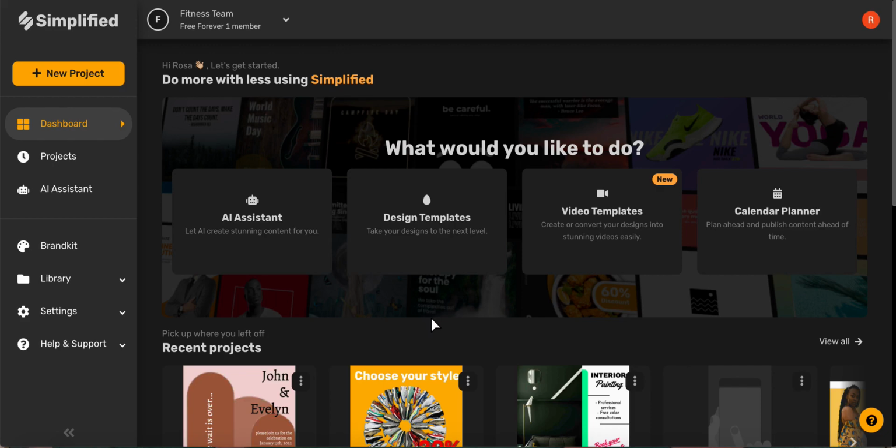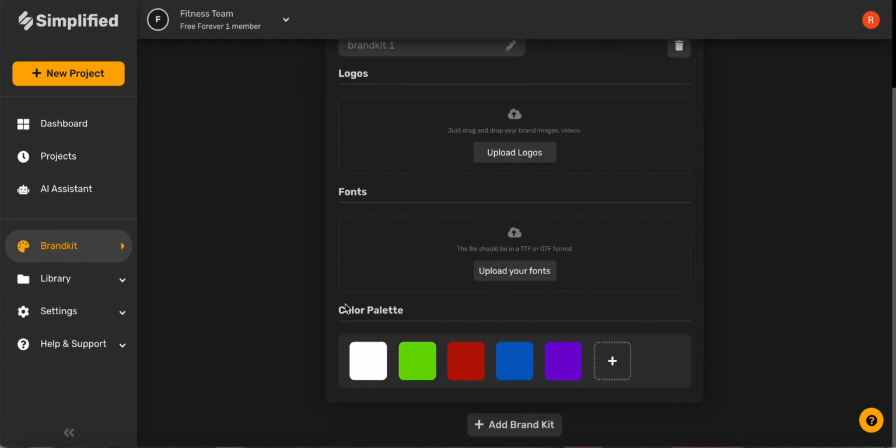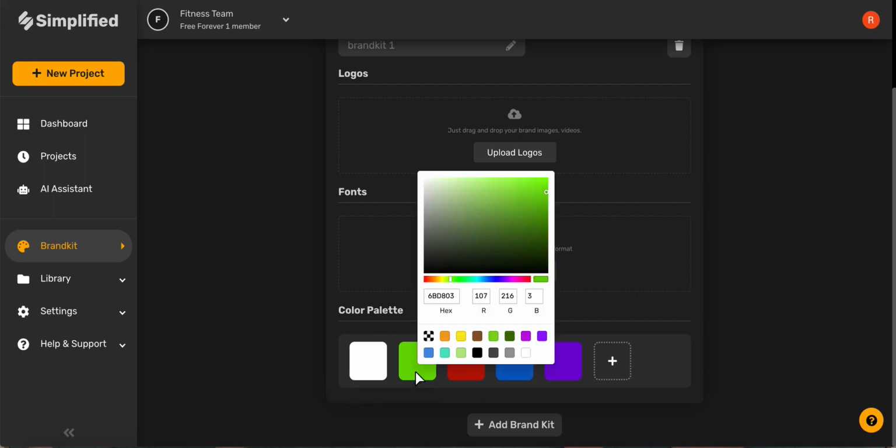Let's first begin by changing our Brandkit colors to some stunning monochromatic colors. In the left-hand menu, you'll see an item called Brandkit. Go ahead and select that. And now you can scroll down to see your brand's color palette. You can delete a color by clicking this X icon, or you can click it and you can change the